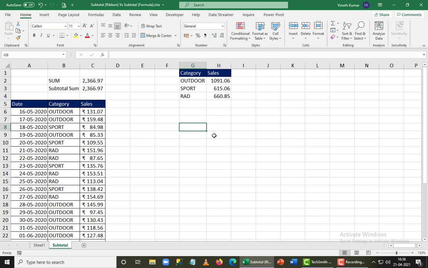The same can be done even without using a SUBTOTAL formula. If I have only one categorization of data, so if I want to get one dimension of data, then I can easily add a subtotal functionality. So instead of using a formula here, I can use a ribbon function. Before I do that, how do I handle the subtotal ribbon function? There is a limited rule that we have here. The first part is that the data has to be sorted first, and then add the subtotal function.